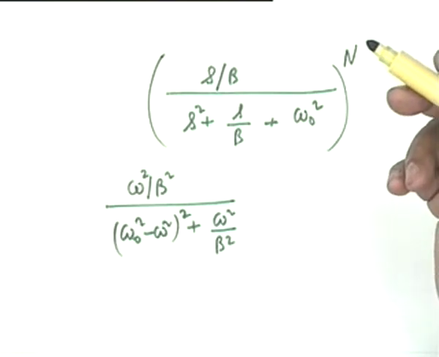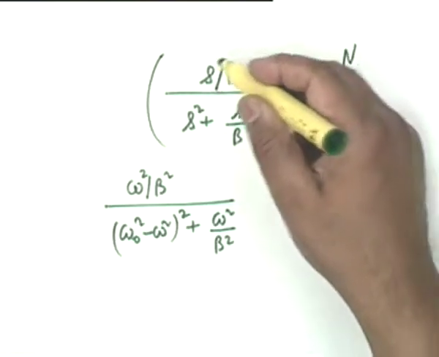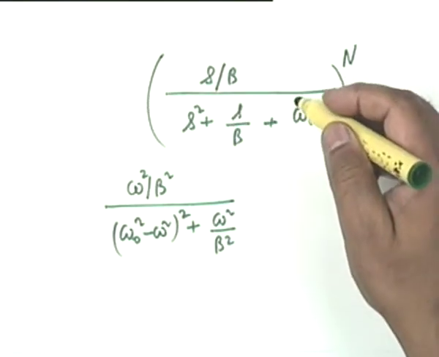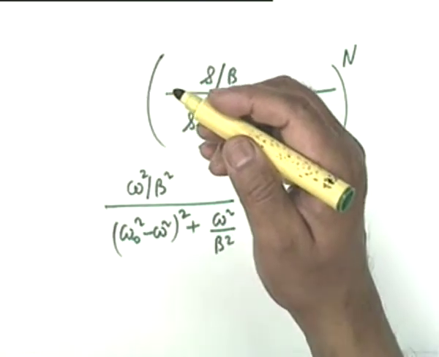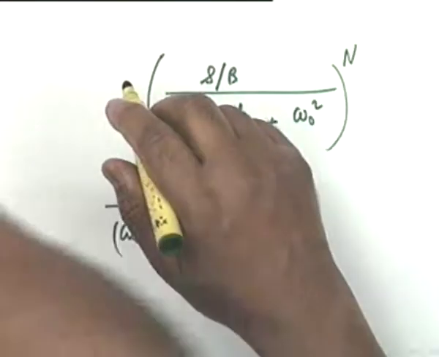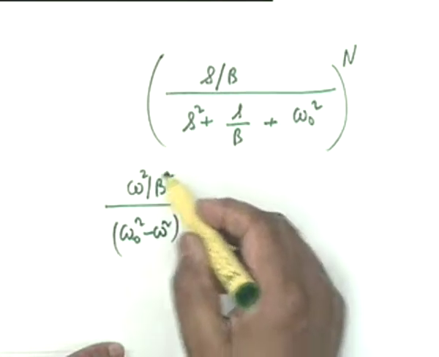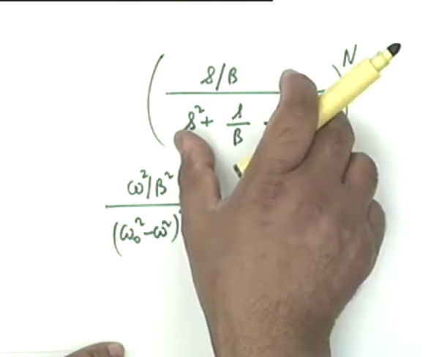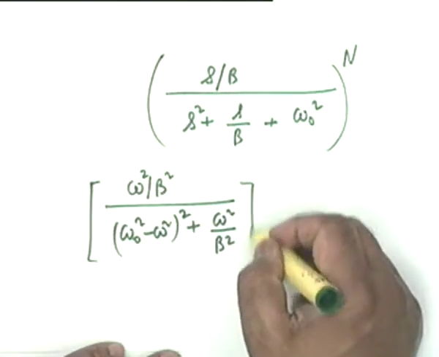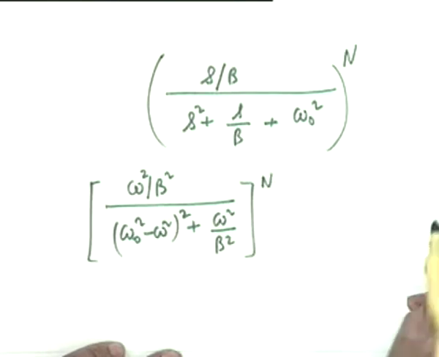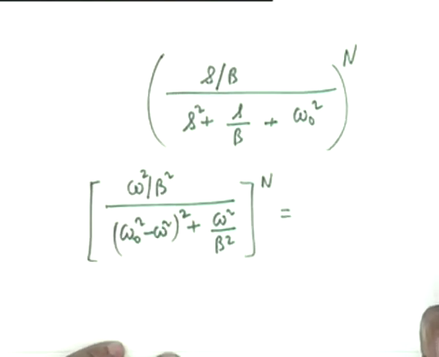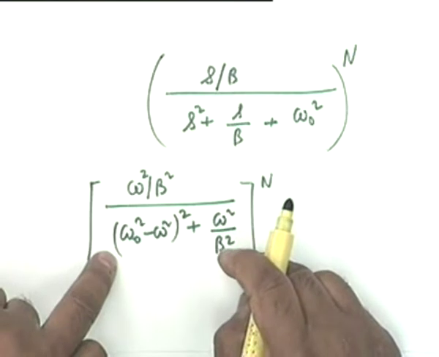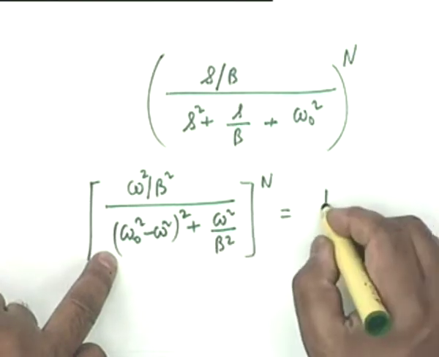So how did you get the whole to the power n term? Because I am cascading n such stages. I am cascading n such stages, so the transfer function will be h1, h2, h3, h4 and so on. Okay? And this is the magnitude squared of the inner expression. If I raised it to the power n, then how do I calculate the bandwidths? This should be equal to? No. I have already taken a square. 1 by 2. 1 by 2.